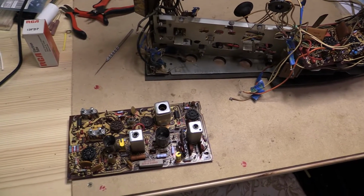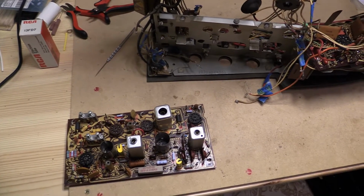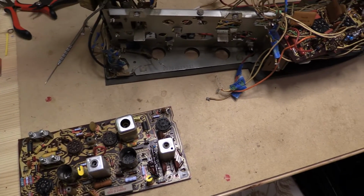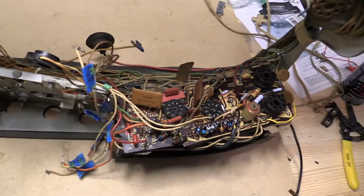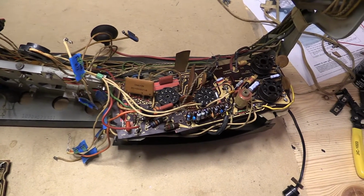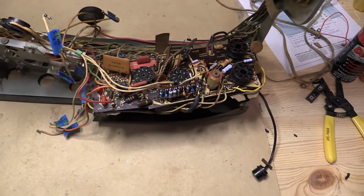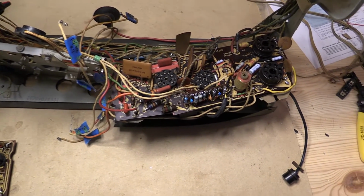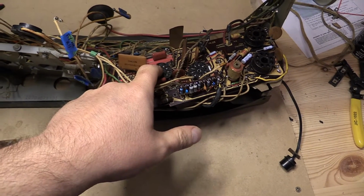Hello, welcome back. Well, it's another segment to you, but it's been a week since I've touched this. So I went ahead and put this back in, and something I was doing the other day, because you know, that vertical problem I suddenly have. When I went through the troubleshooting, there was only a couple of things left that it could be, aside from just not having the horizontal done right. But the troubleshooting said that it was either going to be the 13FD7 tube, that nice fat tube for the vertical,